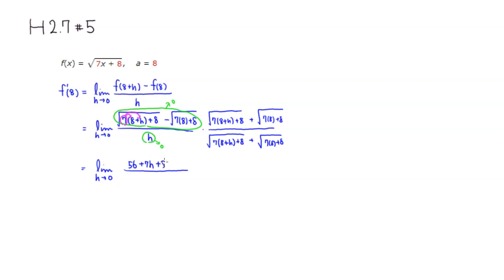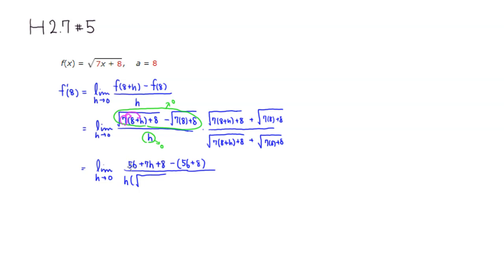So plus 8 here. Minus, we have the same thing: 7 times 8 would be 56, and plus 8. So the square root is gone because we squared both of them. That's the numerator. There's not much you can do with the denominator, so we just have h times the square root of